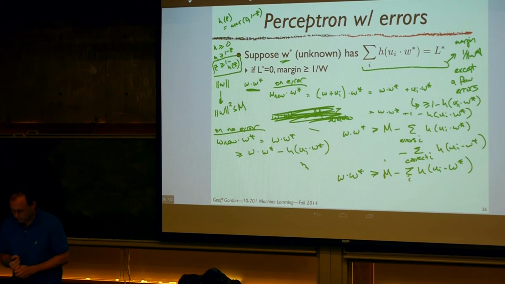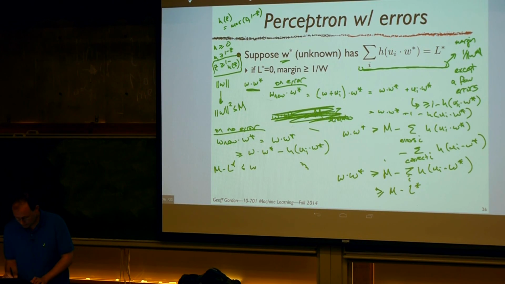All right, so what does that mean? Oh, I guess we had a name for this sum. We gave it a name up here. So w dot w star is bigger than or equal to m minus l star, right? And so now, just like before, we can put everything together, and so we'll have that m minus l star is less than or equal to w dot w star,